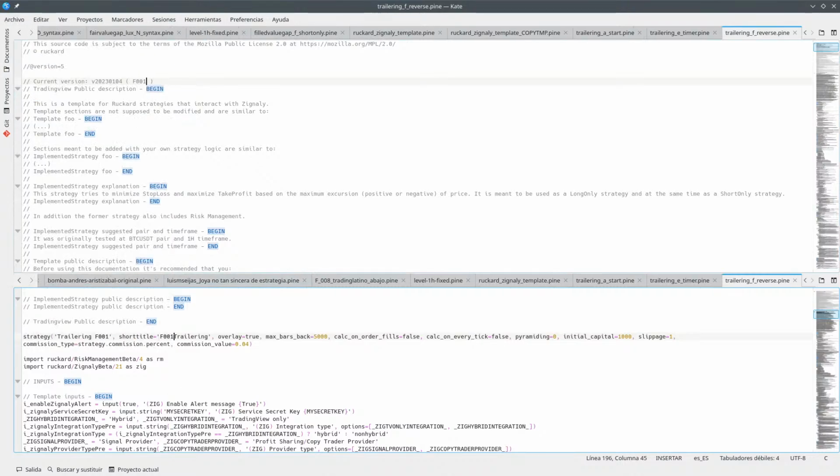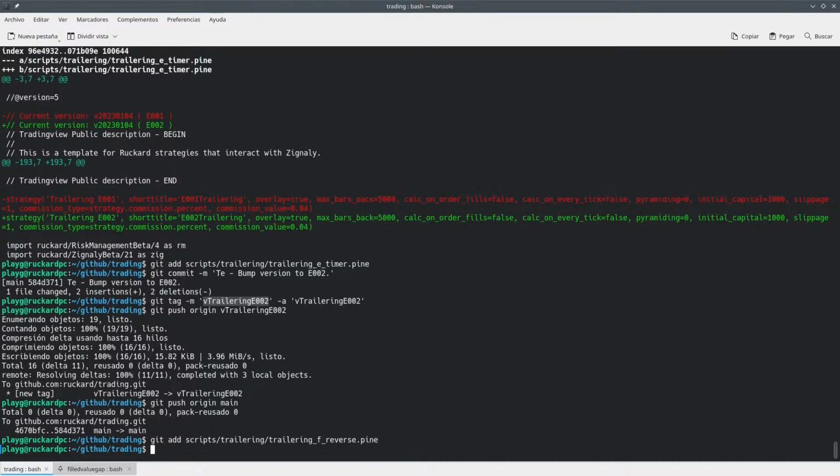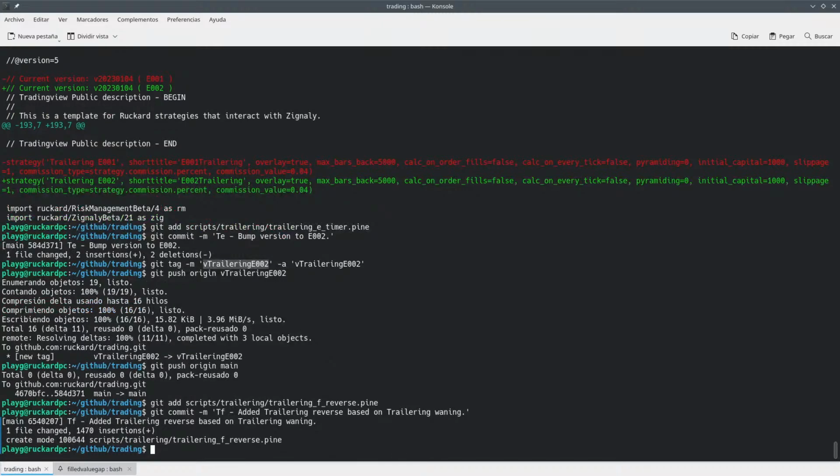Look at that. So now we should be able to add this new file, which is trailering F, and we can say based, timer, so trailering reverse based on trailering timer. Yeah, that's it. Okay. So now we're going to work